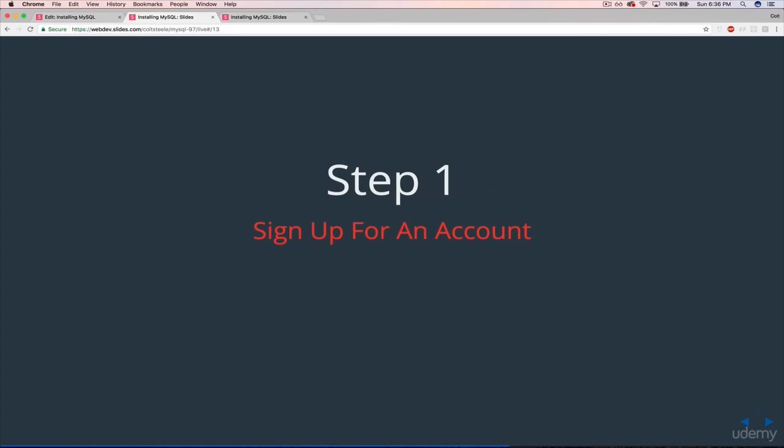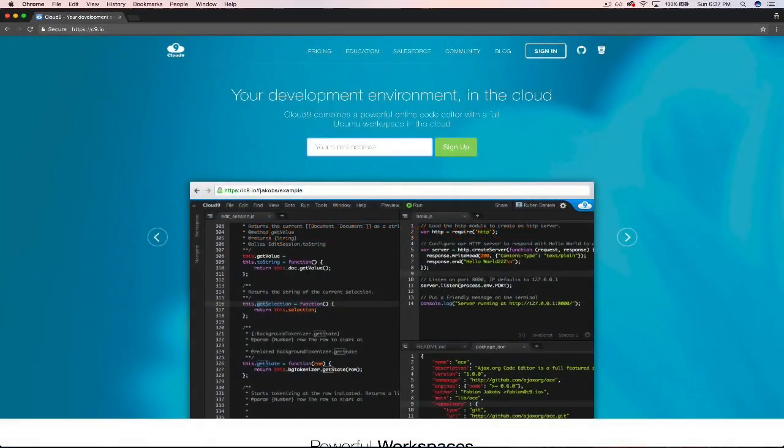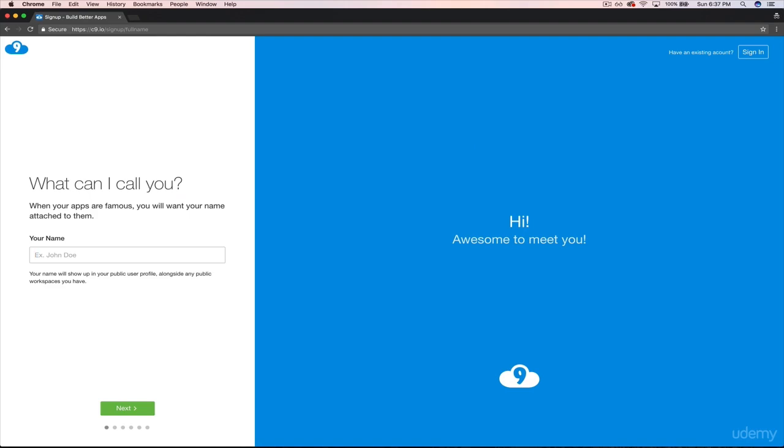So the first step is to sign up for an account. So if you visit the URL c9.io, or you click on the link in the description, but it's a pretty short URL, c9.io, you should see this page if it's your first time visiting and you don't already have an account. If you already have an account from another course, you can wait until the next step where we create our new workspace. So if you don't have an account, all you have to do is enter your email, hit sign up. You'll have to fill in some information,